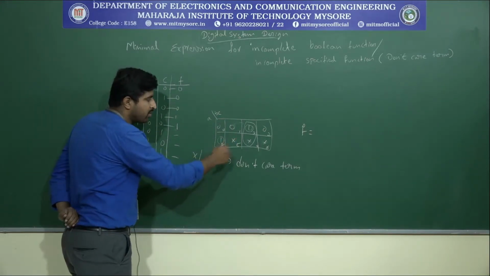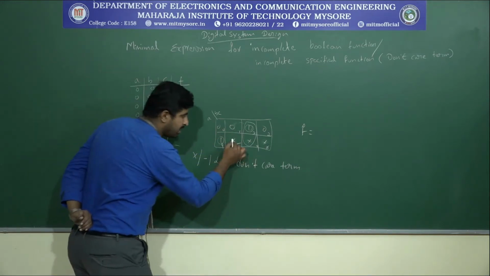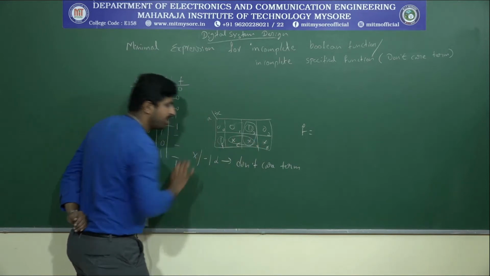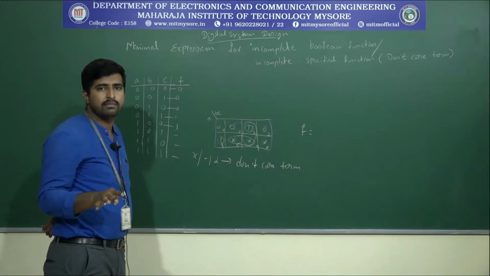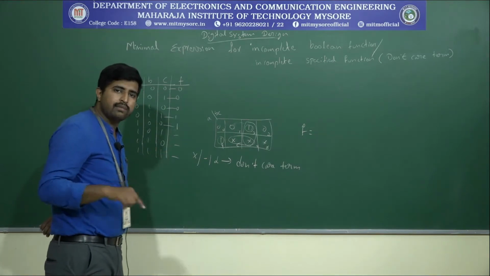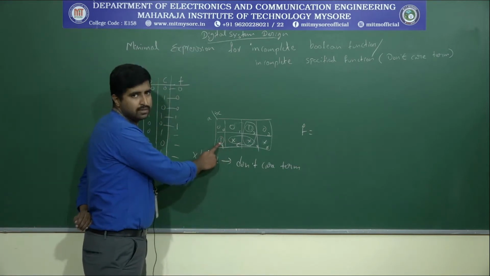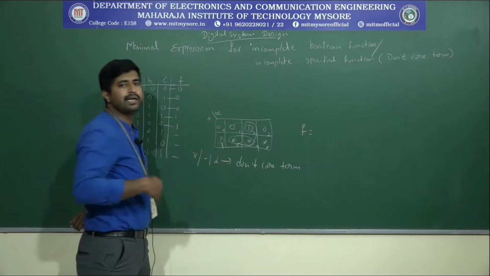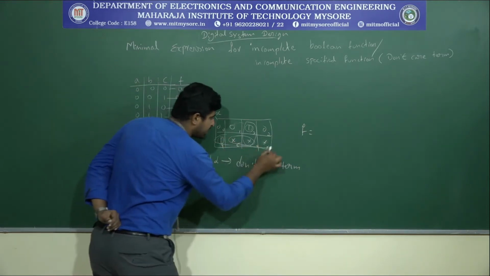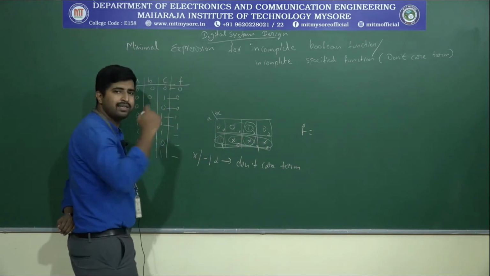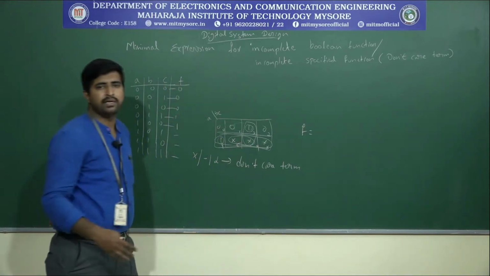Okay, by using that one we will write an expression, but keep in mind that only the don't care terms cannot be grouped by themselves. In a grouping, don't care terms can be grouped with the logical ones, so that we can make the highest possible grouping. So here, since an x is there, let's make this entirely together as one grouping. Then for that group we will write the usual min term or max term.